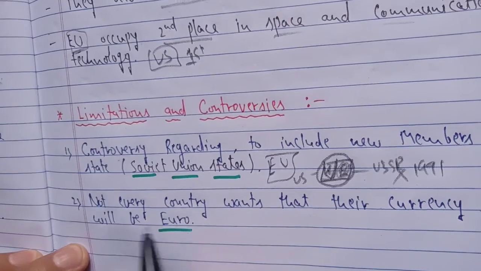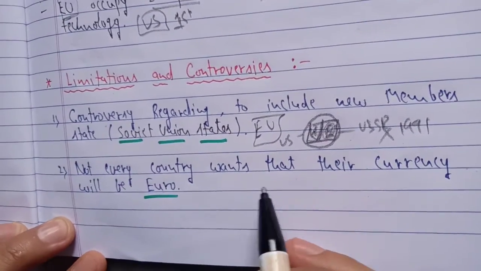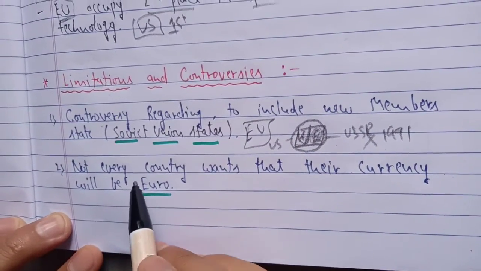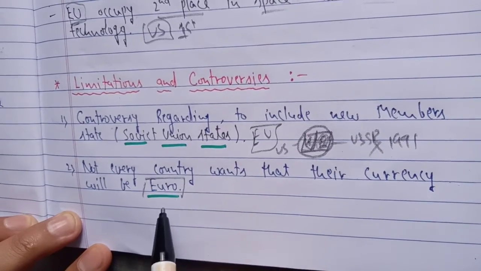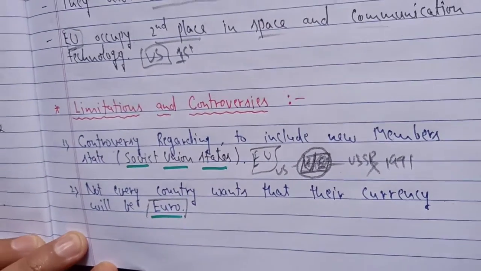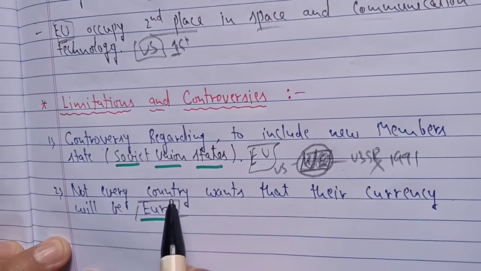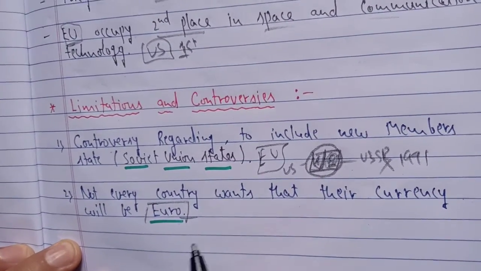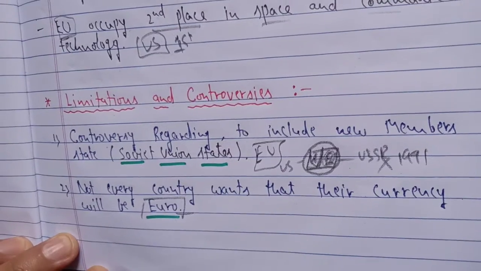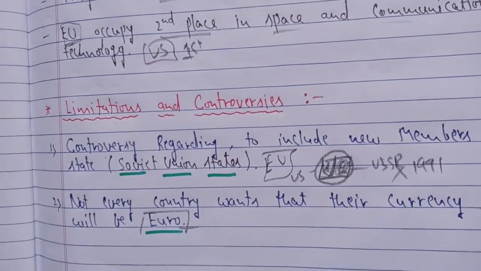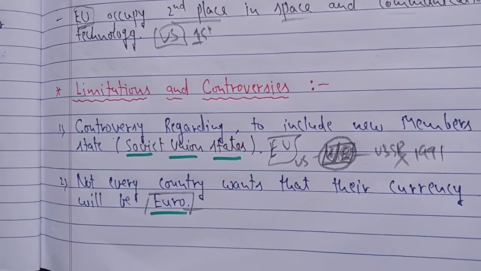Here the next point is, not every country wants their currency to be the euro. As I told you, the currency of European countries as members of the European Union was the euro, but not all the countries wanted to have the euro as their currency. So most of the power limitations and controversies were coming from within their own group, that is, from the countries